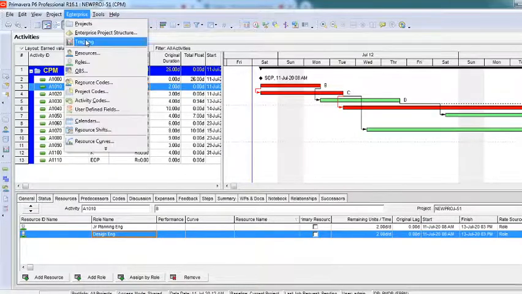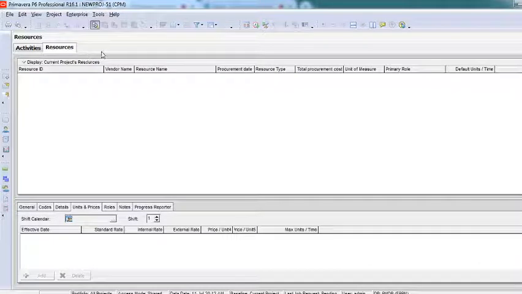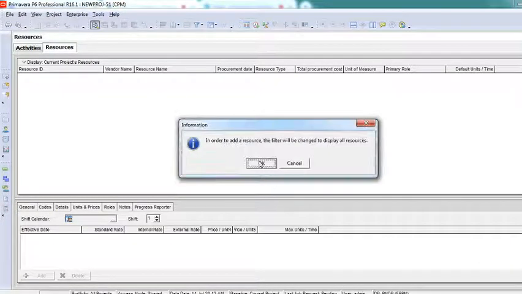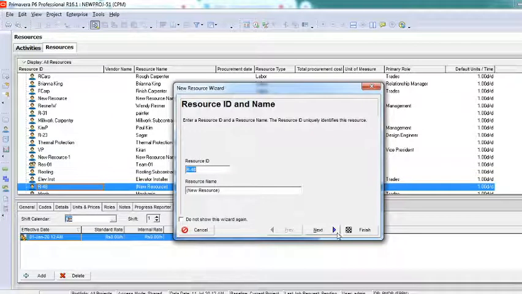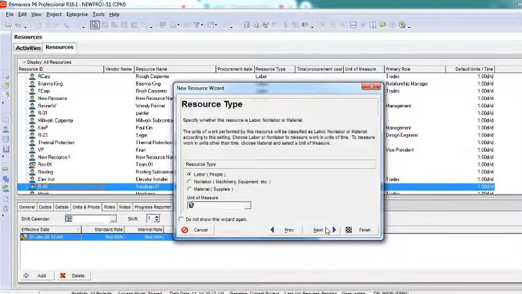Then we have something called resources. We have to create a resource for everything. No matter whether it is multiple role playing or single role playing, for any human resource we will have to create a resource. You can see here I am in the resource page. I said add. It gave me a new wizard, the new resource wizard. There's a resource ID, and I have to type the resource name. I will call it Sandeep. Just to remember, I will give some number also, because there might be multiple Sandeeps in my system. I'll give it a number and then say next.